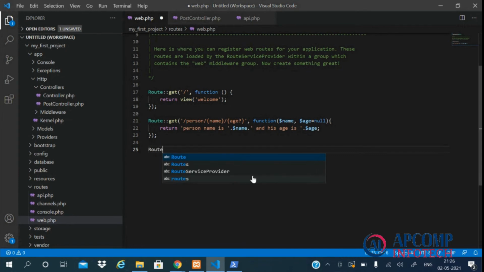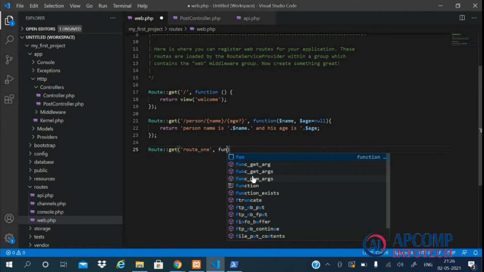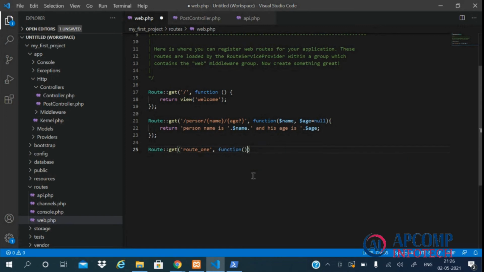For this, let's create two more routes. Route 1 and route 2.